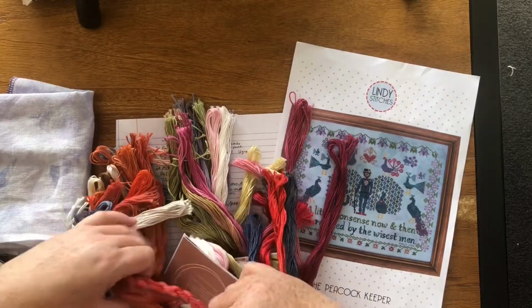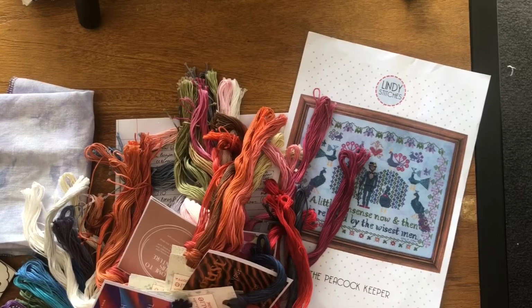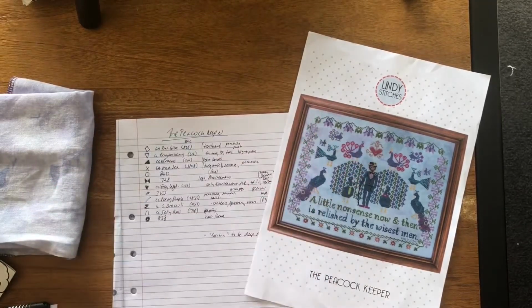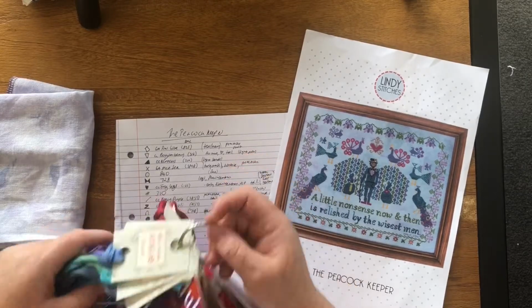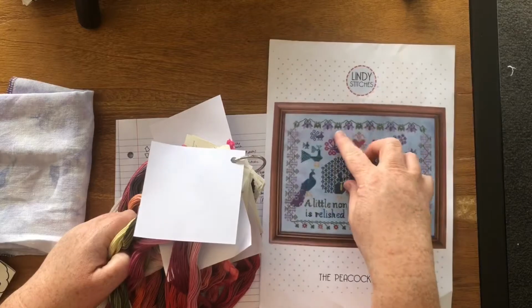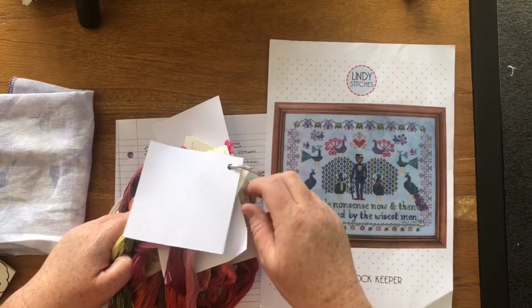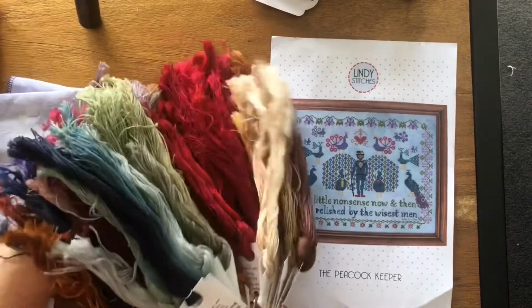So I'm just sort of looking through at the moment and seeing what I have and seeing if anything jumps out at me. So nothing really is leaping out at me for the replacement for those flowers where I don't want this lavendery kind of pinky lavender. Here are my Victorian mottos,